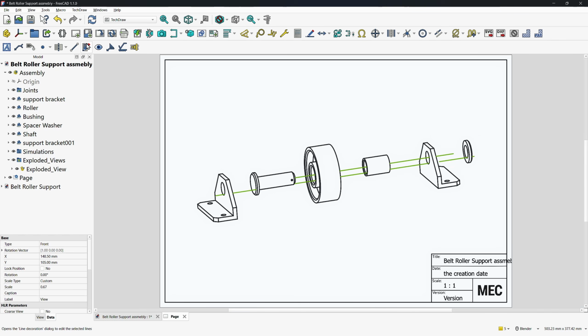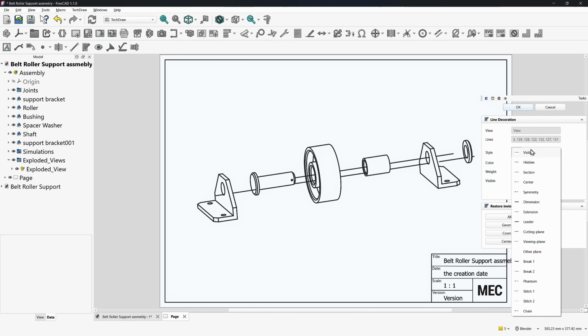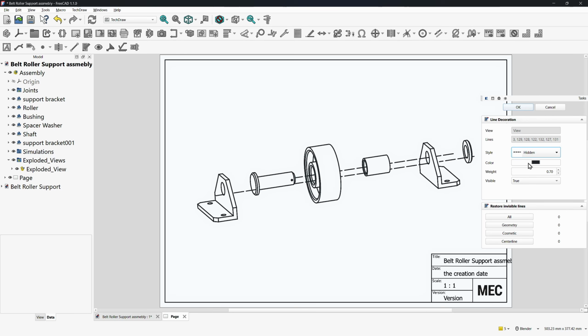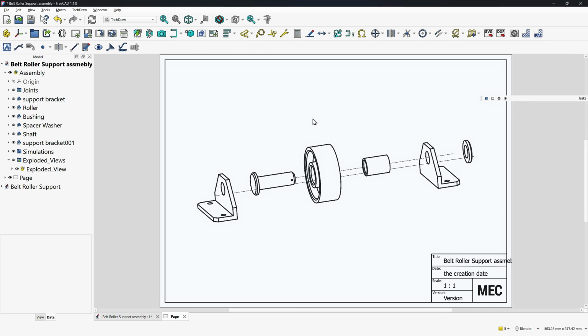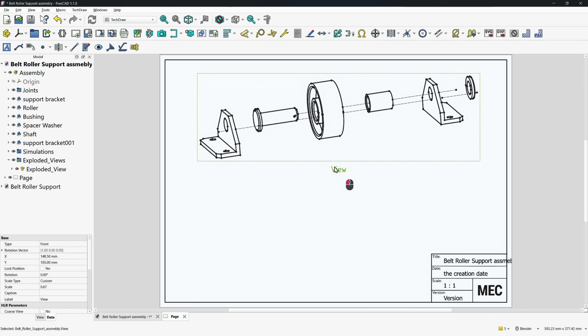Then go to Edit Line Appearance and go to the Style, choose Hidden. Then modify the weight to 0.2. If you want to hide these lines, you can go to Visible and choose False. Then click OK. Let me adjust the position of this view and